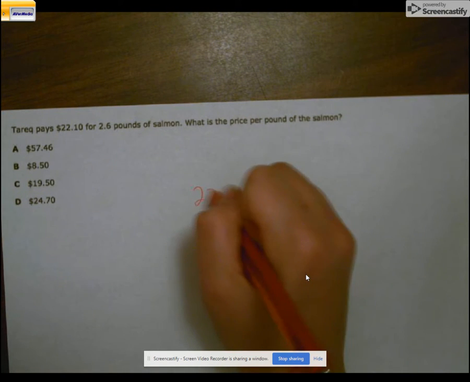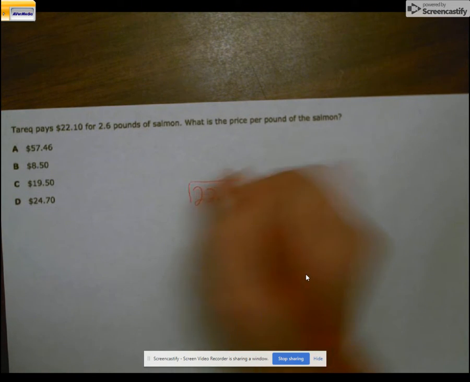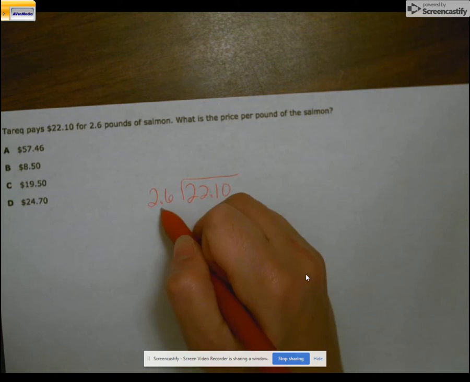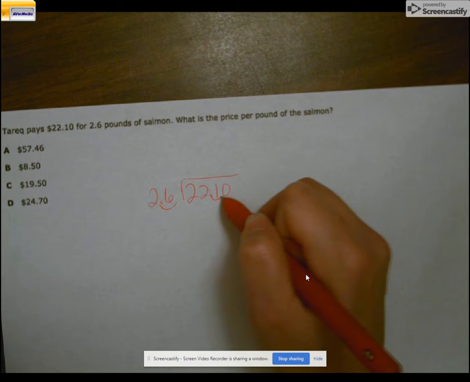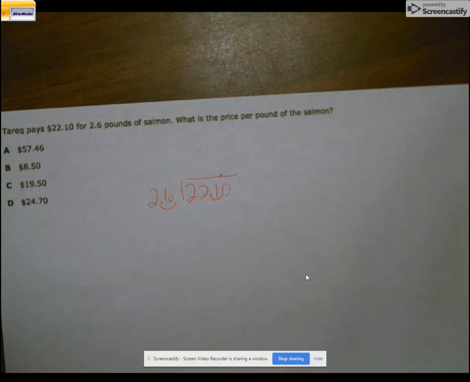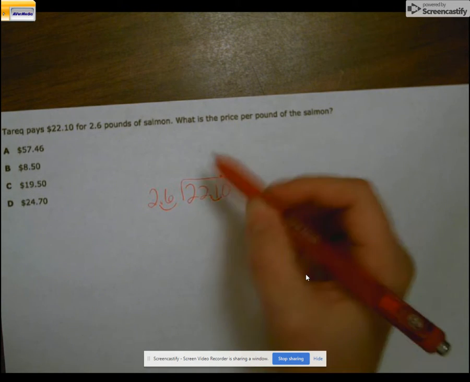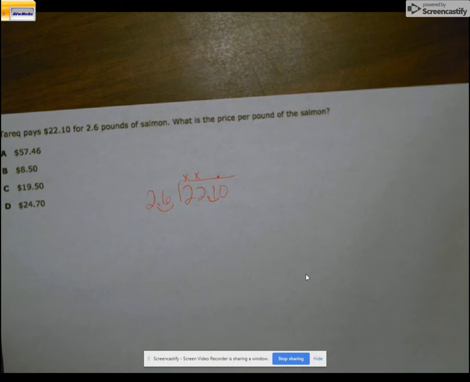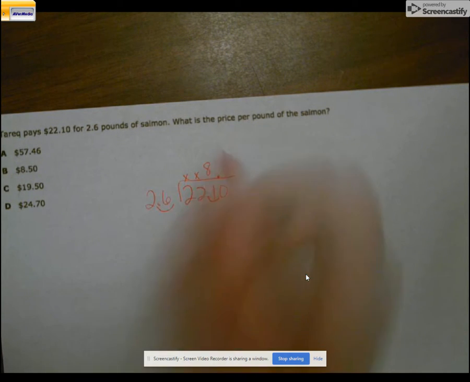So I've got $22.10 divided by 2.6. So again, with my decimals, move it once, and then I can move it up. So I really have 221 divided by 26. All right, so 26 cannot divide into 2 or into 22. So now I'm looking to see 26 can divide into 221. It's 8 times,